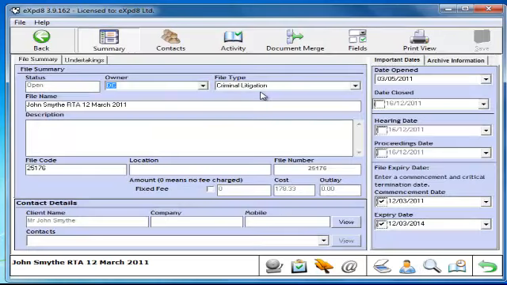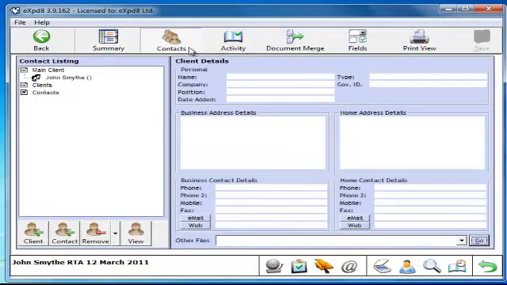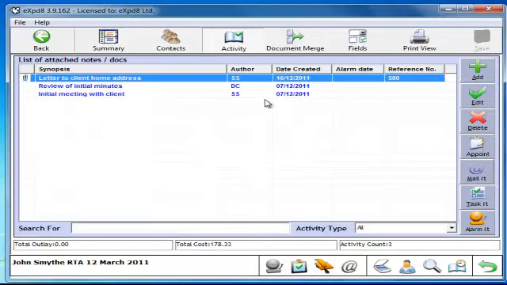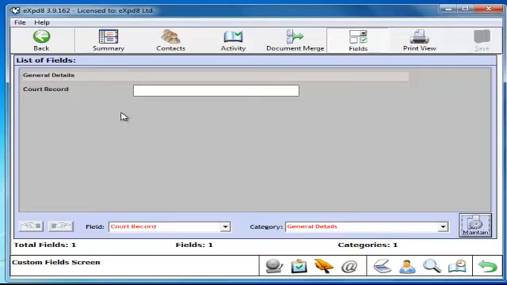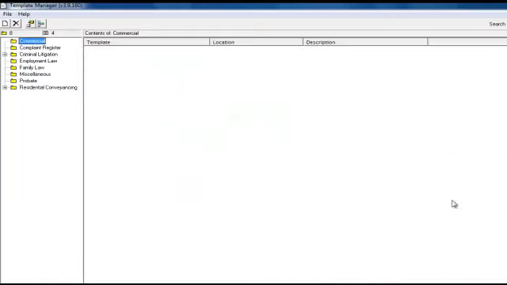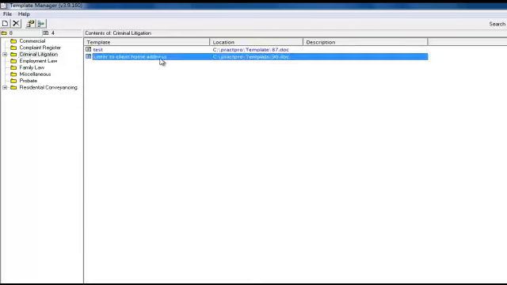The file's in criminal litigation. There's my summary page. There's my people page. There's my activity page. And now I have a fields page, which obviously could have a lot more data than I put in there just now. Here's one of the handy things. If I now go into a criminal litigation file,